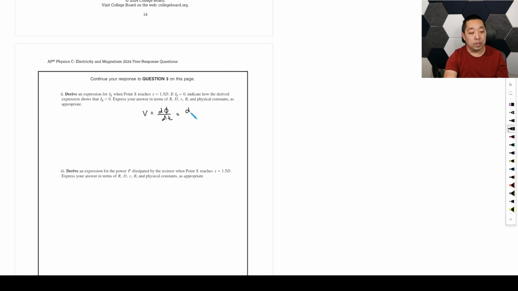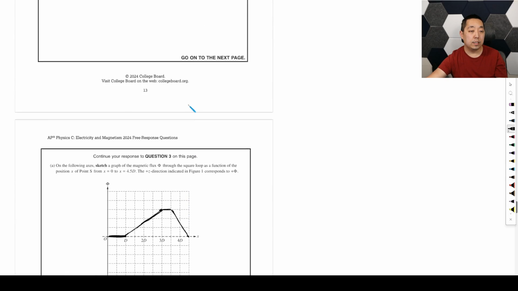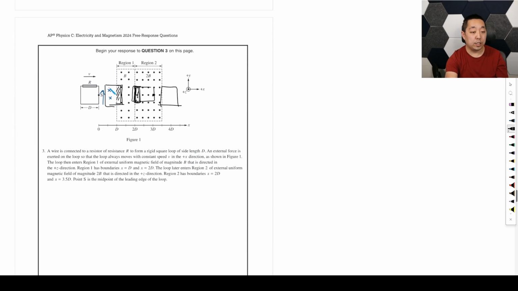And that's the derivative, well, of B times A. Now the magnetic field is constant, so it's just about the area. And the area, by expression, is going to be like, we call this X maybe. How much is that dimension times D? X times D,